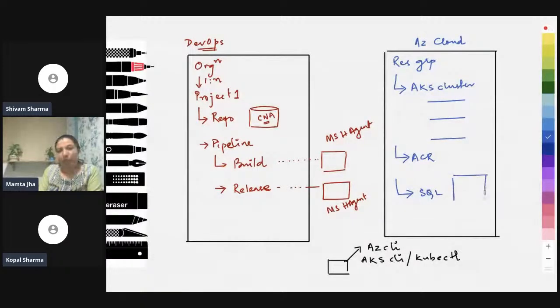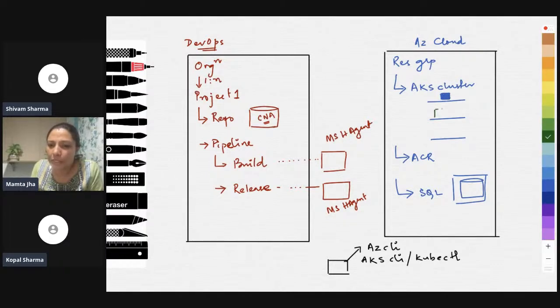So I'll have a server in which I would run a database. Now my application got to deploy here. There are two tiers in that application. One is the front end, one is the middle, and the last one is the back end, which is sitting outside our AKS cluster. We can containerize applications like database applications as well, but here we have not done that. We are using our managed services.